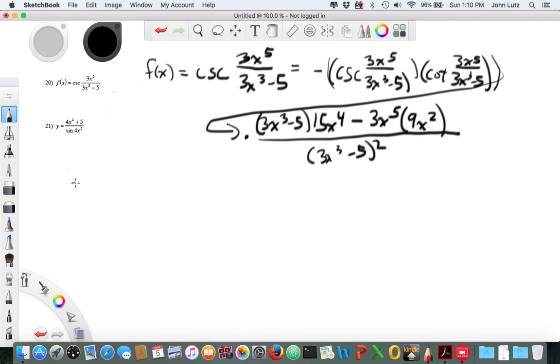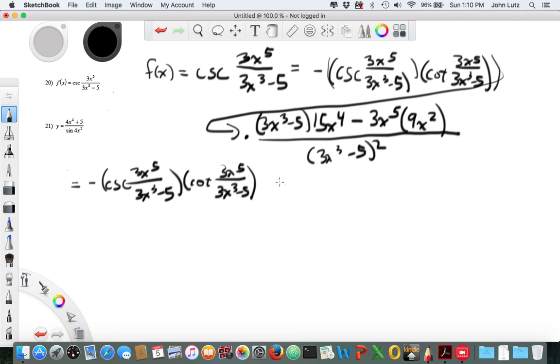So I'm going to make this really long again: negative cosecant of 3x to the fifth over 3x cubed minus 5 times cotangent of 3x to the fifth over 3x to the third minus 5 times,